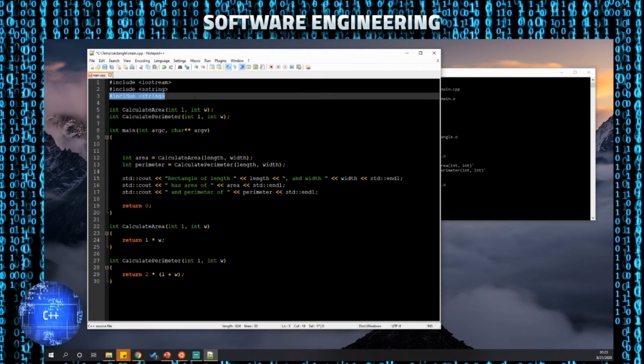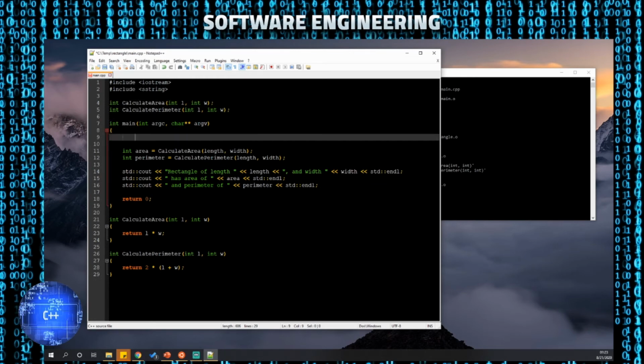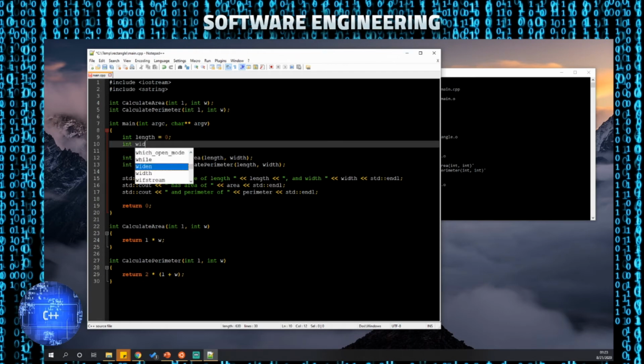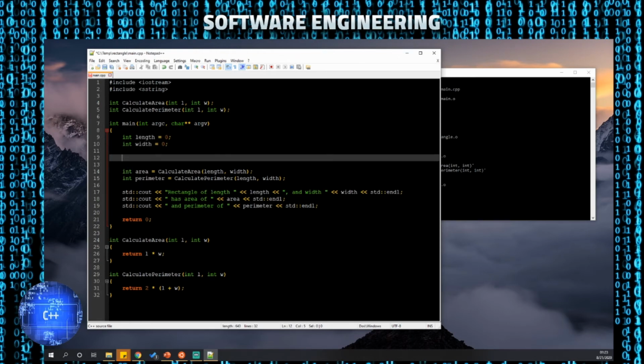I can just do, so I'm going to first define my variables and initialize them so that they aren't in a bad state. And now I want to read them from the actual argument. So I'm going to assume that argc